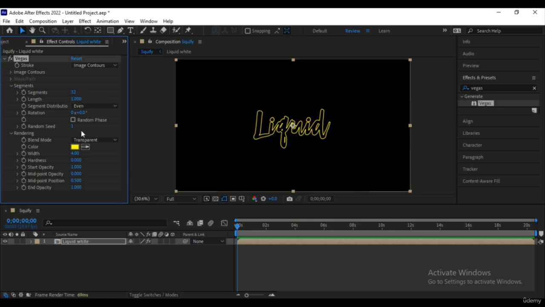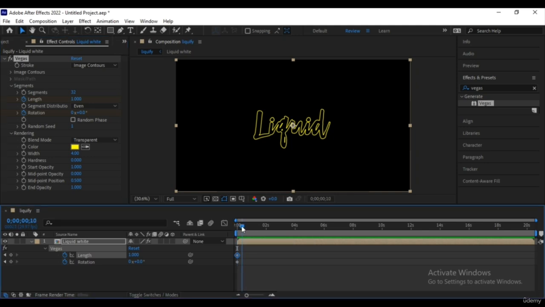And then we can make keyframes for the length and the rotation by pressing on these stopwatches, and press U on your keyboard to make all the keyframes shown. Enter these buttons to create another keyframe till it becomes blue like this, and go to the previous keyframe by pressing J on your keyboard and put the length to 0,